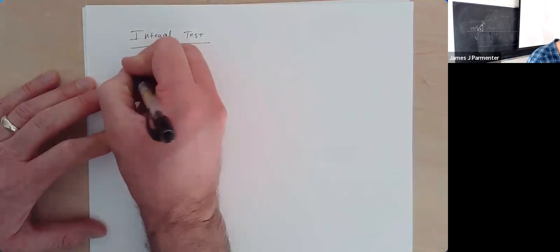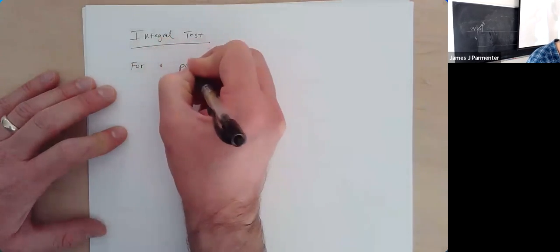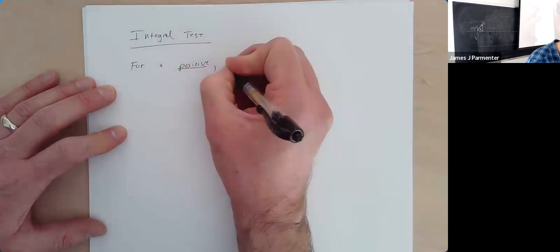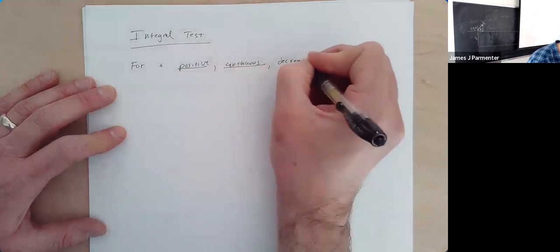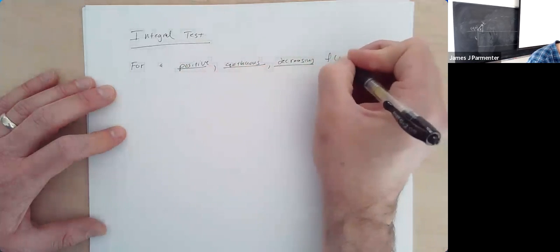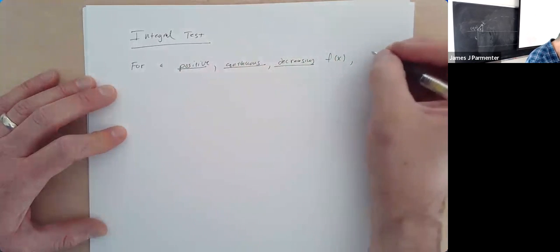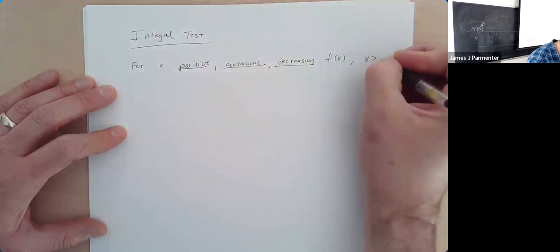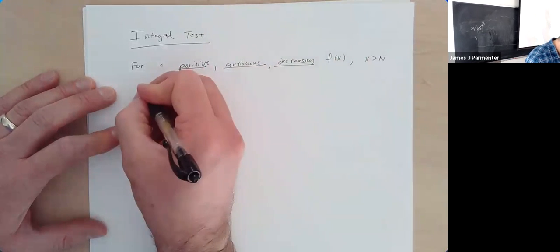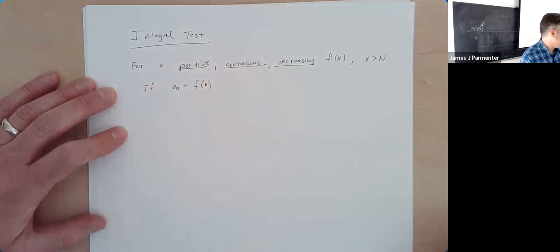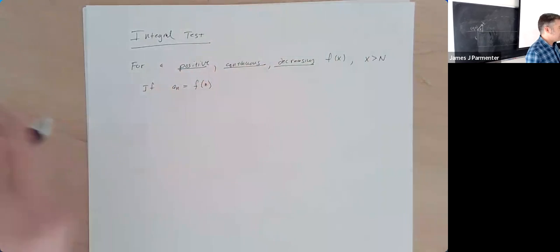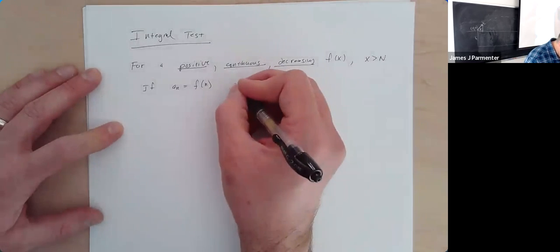So the integral test says the following: for a positive, continuous, decreasing function where x is greater than whatever number we're starting at, if your sequence a sub n is equal to your function evaluated at n. So basically, your function might be 1 over x squared. Your sequence is 1 over n squared, or whatever we're calling it. Then the following is true: